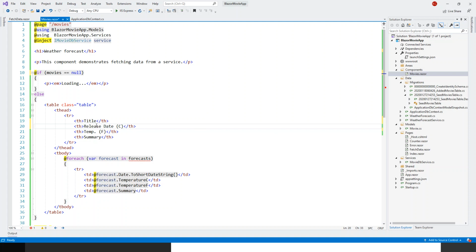And space between release and date. Instead of temperature and summary, we'll have genre, and then director, and then a few more. Running time,